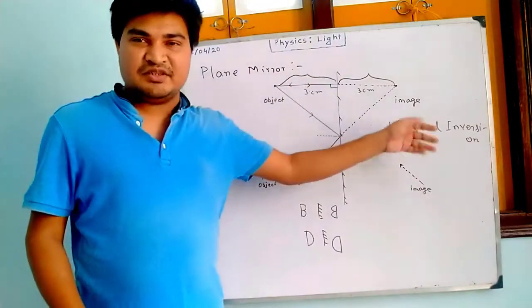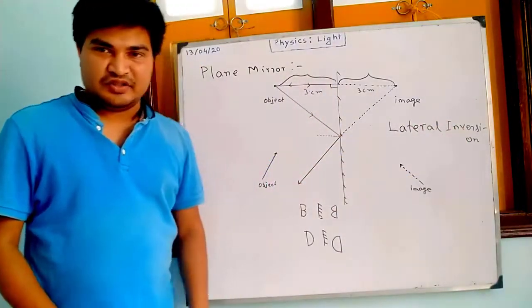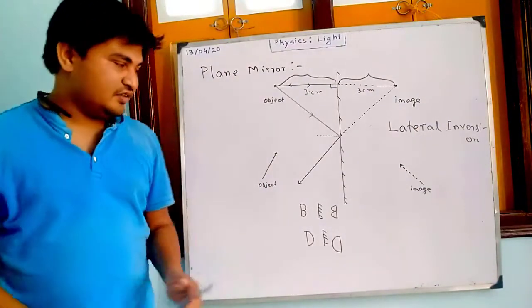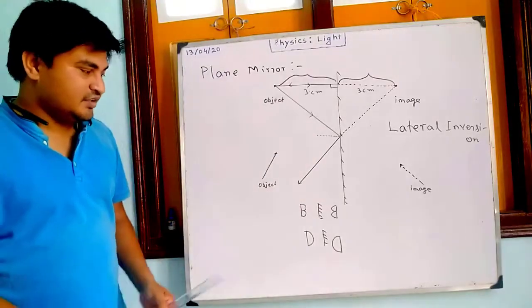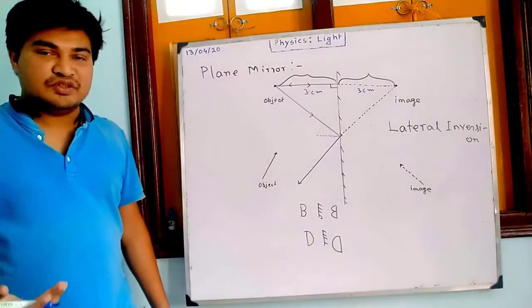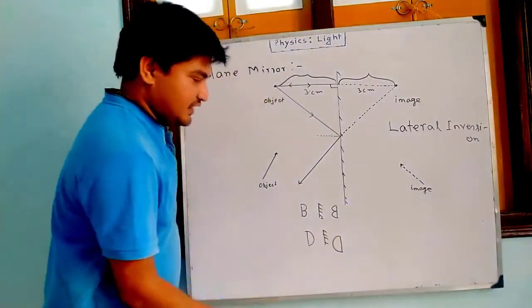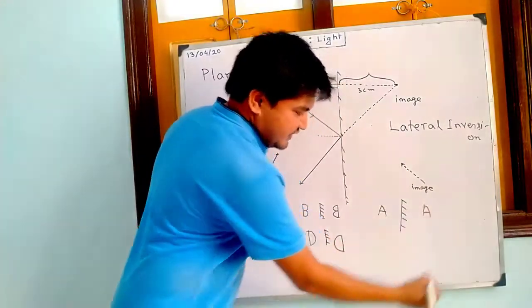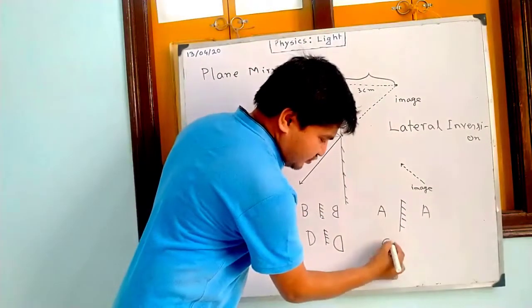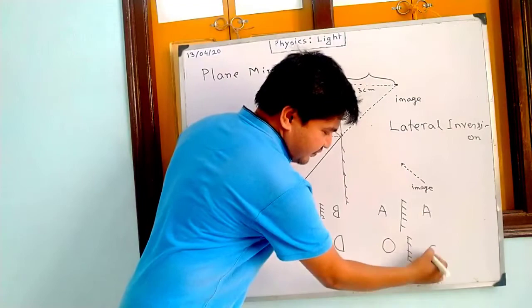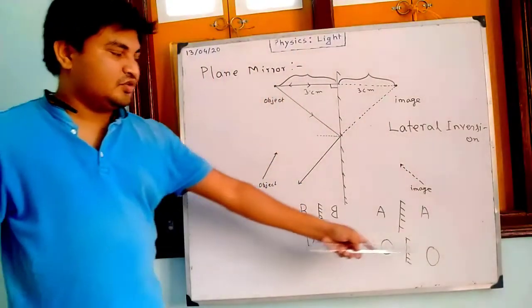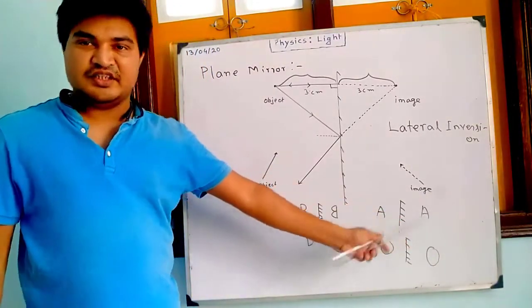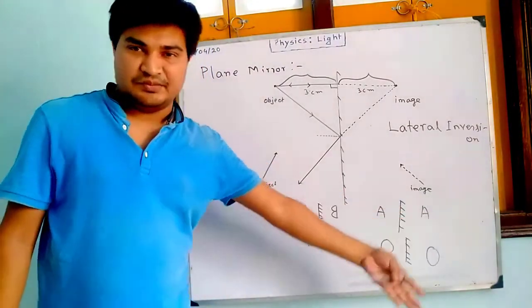In the formation of image by plane mirror, we observe this property. Okay, the side of the image is inverted laterally with respect to the object. There are some letters for which we are not able to see this type of inversion, like A in a mirror, it also appears as A. For O, it also appears like O. So there is no inversion. Actually inversion occurs, but as they are symmetrical, no inversion is observed.